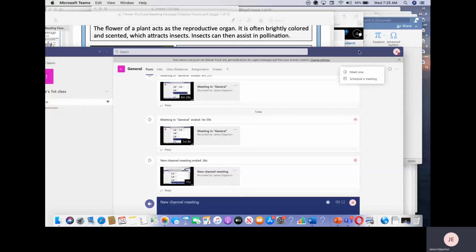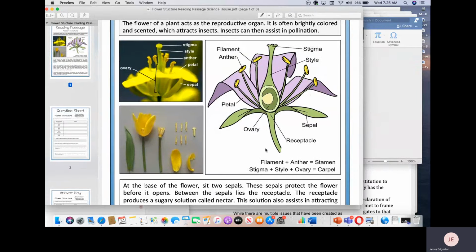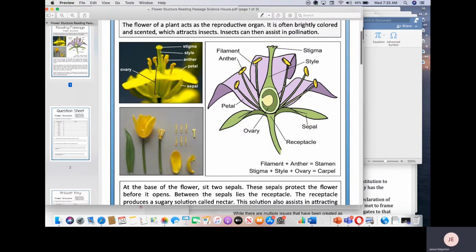Real kind of a short lesson on the parts of a flower. When we were going over Mendel, we were talking about how he cut off the anthers in the first generation experiment and didn't let the flower self-pollinate. Here are the anthers that he chopped off and the filaments that he disconnected, so they wouldn't